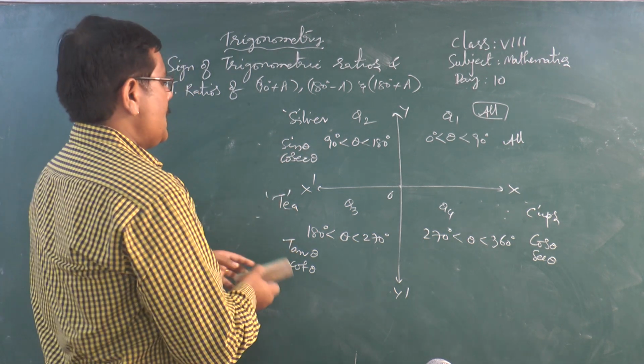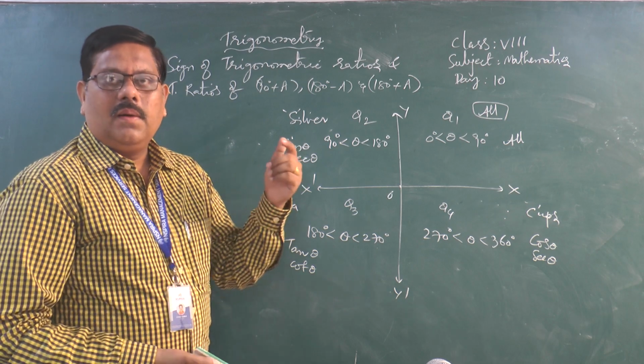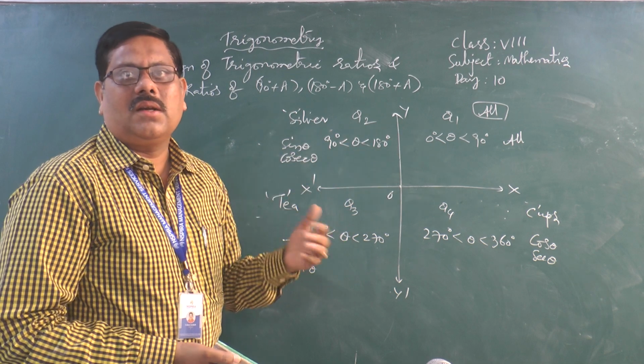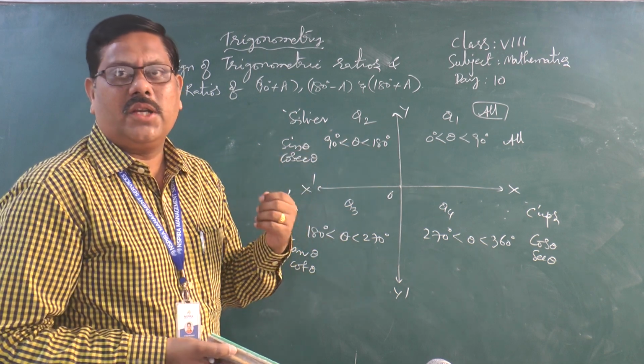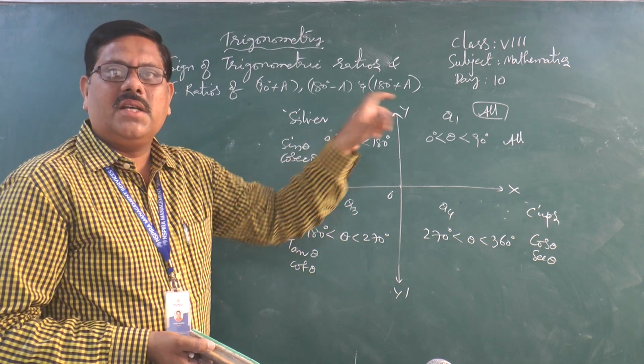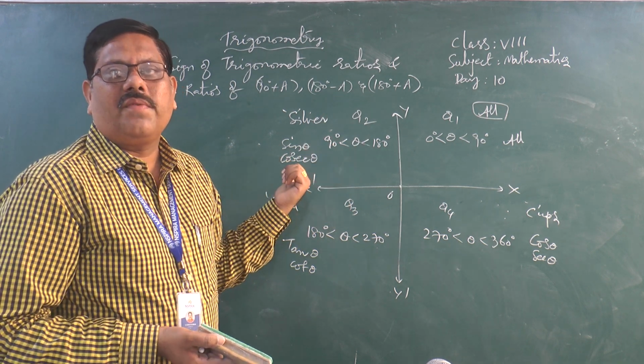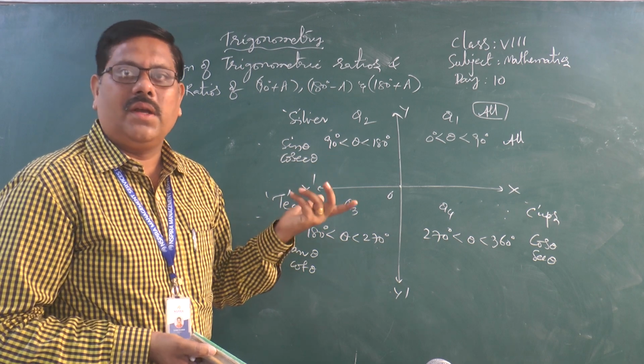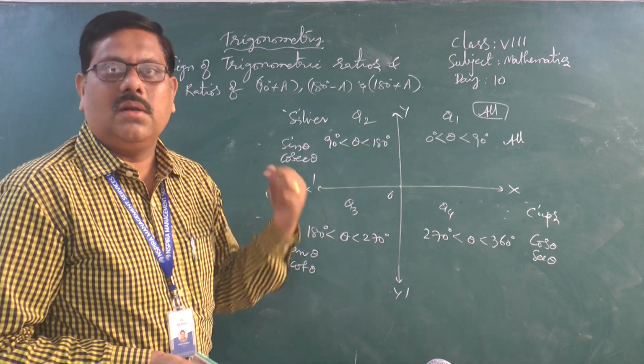Now we will see one problem based on theta in a particular quadrant. One trigonometric ratio will be given, specifying that theta is in so and so quadrant. Then you will be asked to find the rest of the trigonometric functions or their relation, whatever. It can be any kind of question. Let us observe one question based on that.